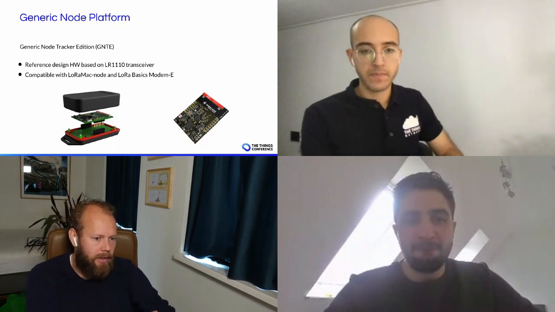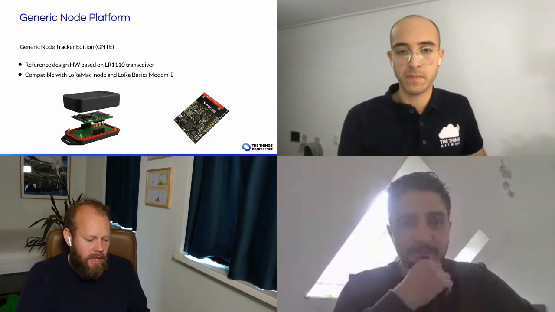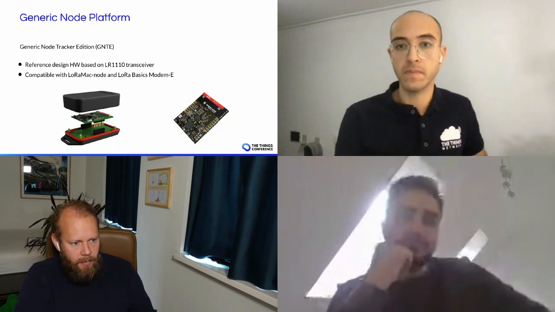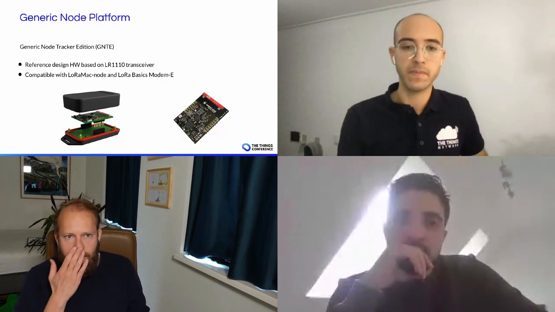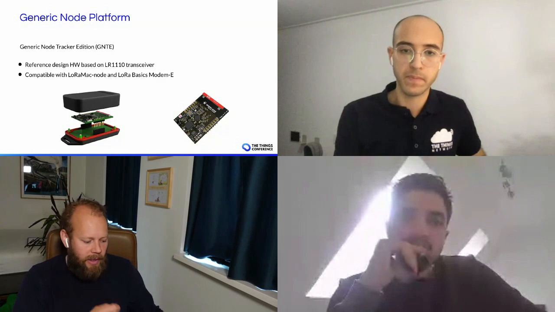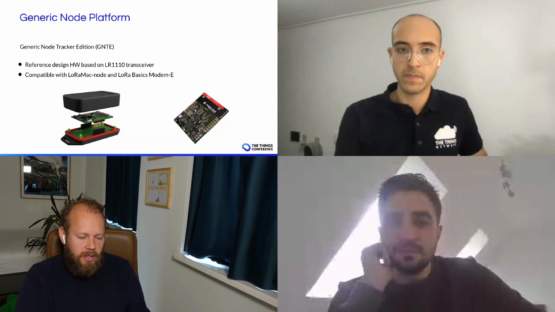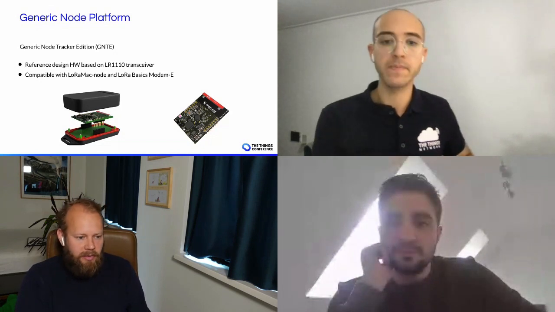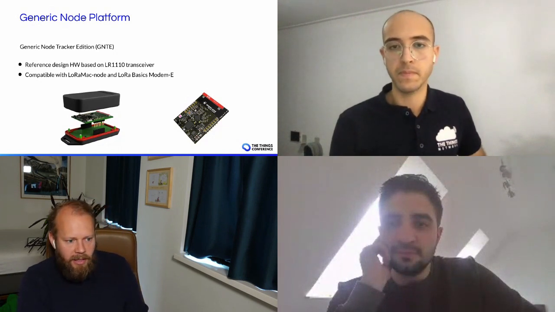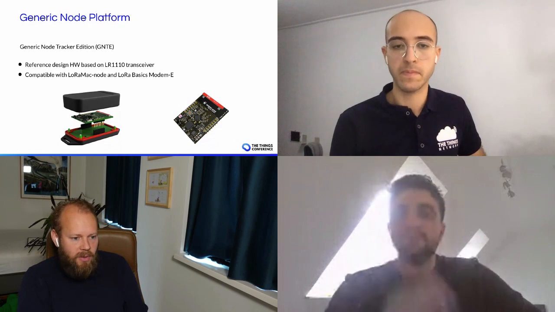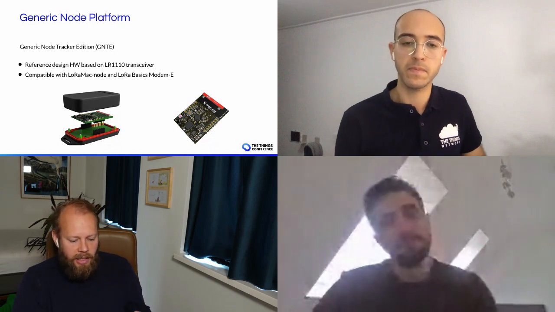Maybe the only thing I want to add here is the product vision and mission of this. We have so much experience running all these different devices on our platform that we wanted to create a boilerplate of a device that has all the features of, let's say, a second generation LoRaWAN device. It is not our intent to start competing with device makers, but to make sure that we have a reference design available that includes security,